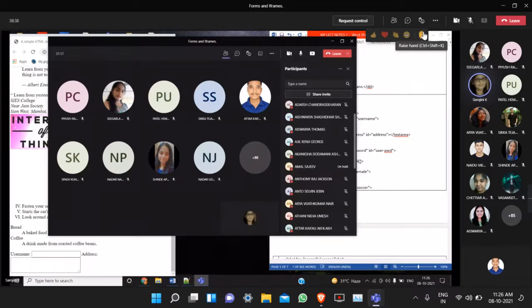Anto, here why do we have to use the ID attribute? Of course, the ID attribute is not mandatory, but here why do we have to use it? Will we link with anything using the ID attribute here? Anto?